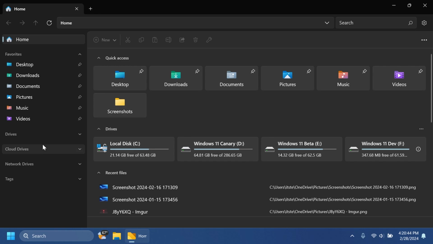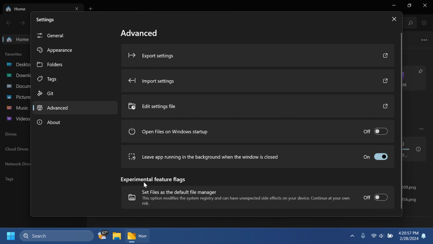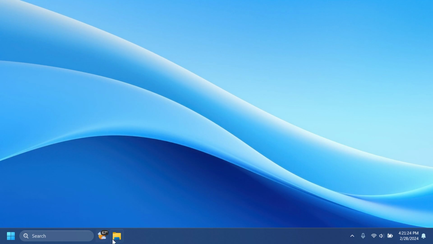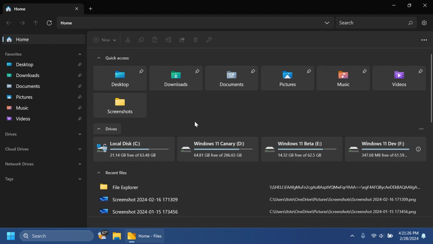But you're going to notice in the left side that you have here drives, cloud drives, network drives, and also tags. We can now go into the settings section, click on this button, go to advanced, and on experimental feature flags you can set Files as the default file manager if you want to use it. Of course, this will modify the system registry. You can always go back if you're not happy with it. You can turn this on. It's going to ask you to modify some registries, and then you should be good to go. If we close Files, you're going to notice that if we open the File Explorer, the Files app will be